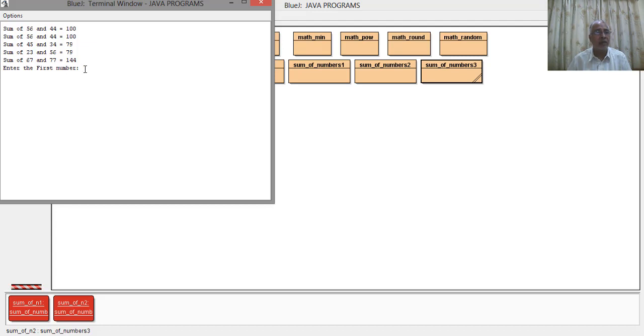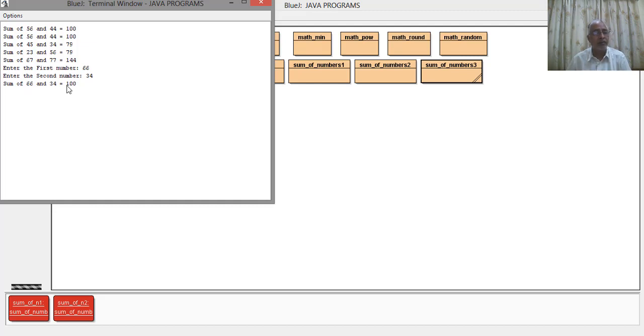This is the third program, using the scanner class method. You see here, enter the first number. Like a form you are filling, this prompt has come in front of this number. You give a number like 66 and press enter. As soon as you press enter, you get the second number prompt where you give, suppose, 34, and as soon as you press enter you get the answer: sum of 66 and 34 is equal to 100.